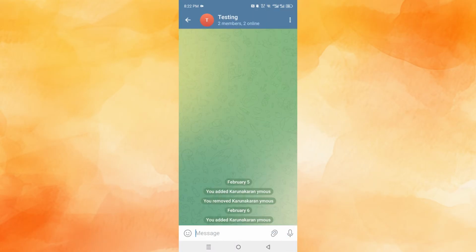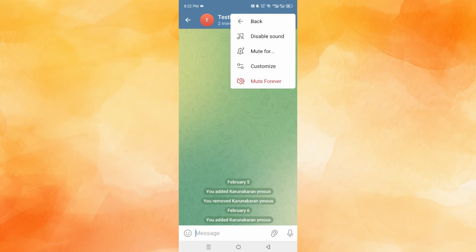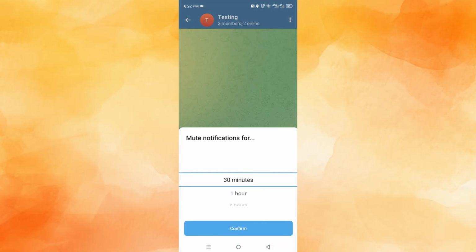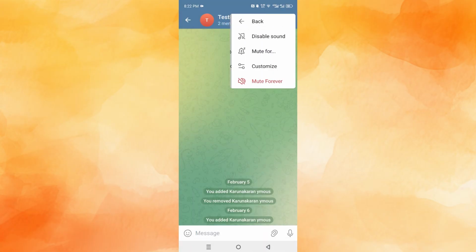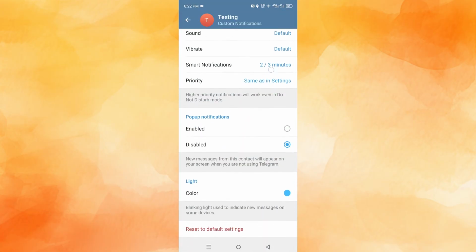And first let's look at it from the eyes of a normal member. So if I click on these three dots, I'll see the mute option. I can choose when to mute this for, right? How long, and some other customization options as well. As you can see,